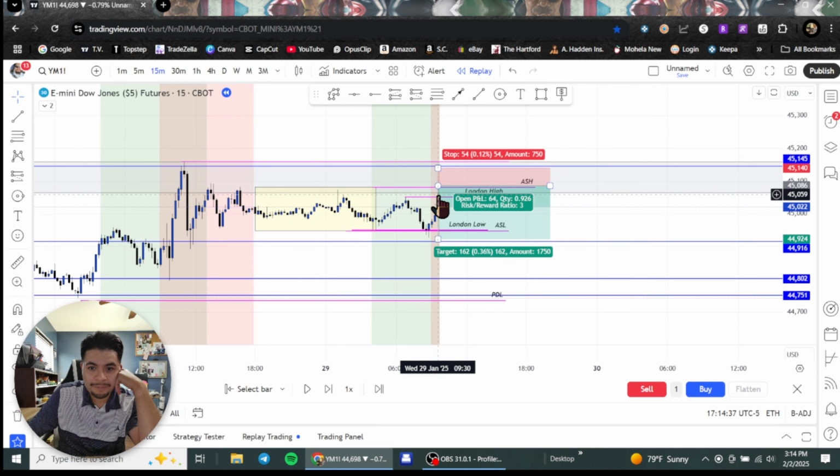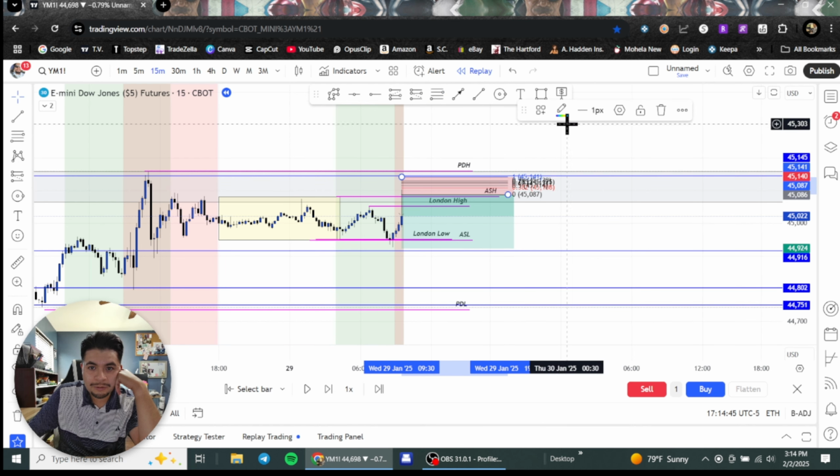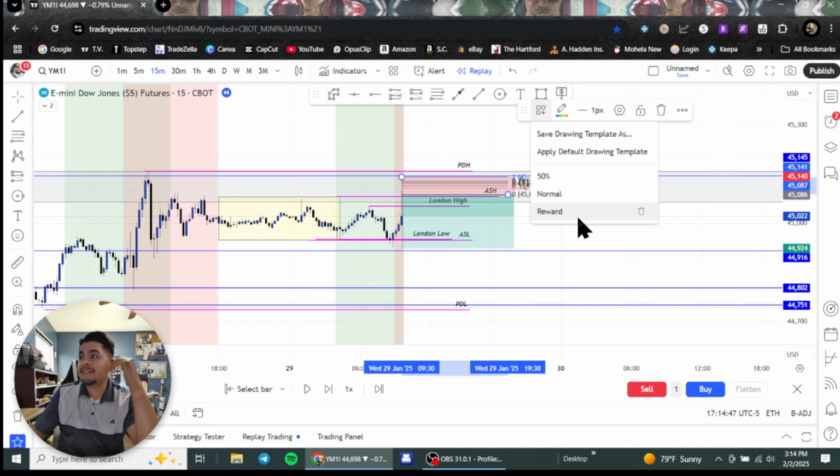You guys see that, right? I'm going to do my risk to reward tool. And remember, guys, I'm showing you an example, a really good example of what it looks like to lose, but then to make back your losses and then potentially be in profit or be in some drawdown. But right now,